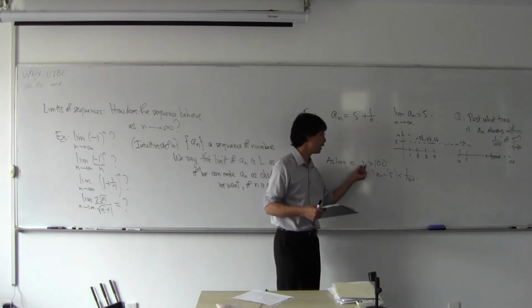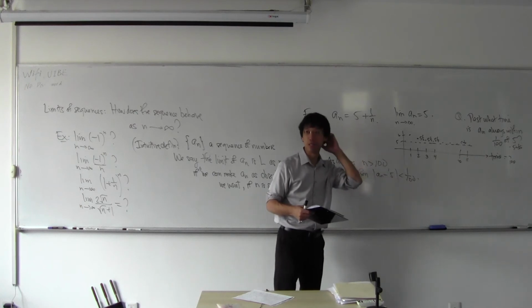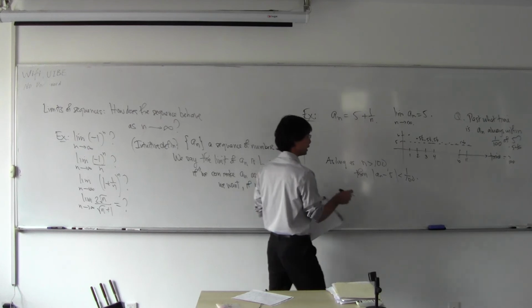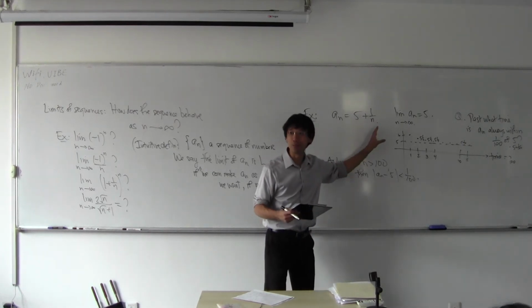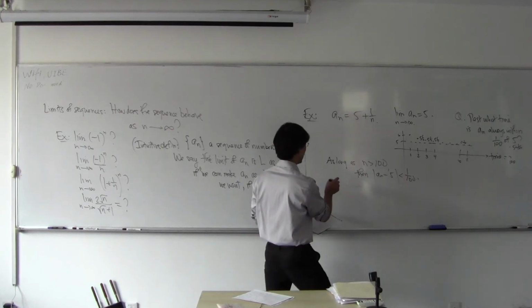As long as n is bigger than 100, then A sub n minus 5 is smaller than 1/100. And you could see that more mathematically. It's sort of obvious, but if you want to see it mathematically,